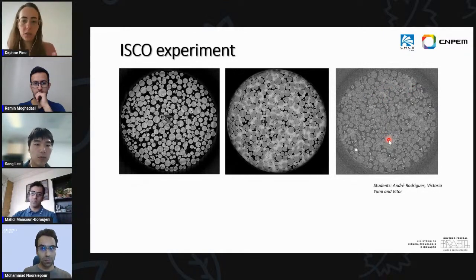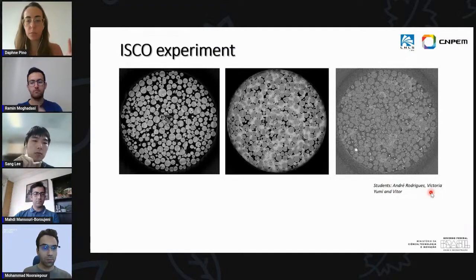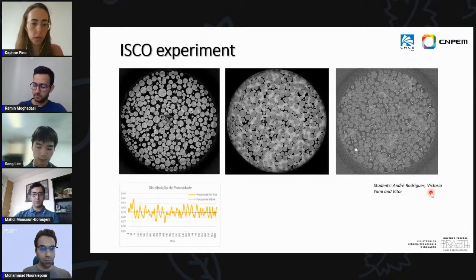This is still an ongoing experiment because we have students working on this, and we're still working on what's happening here. But one of the interesting things is that we saw very important variations of pressure in our system. So we're investigating these reactions, what is causing this variation of pressures, because this could be very significant depending on what you're doing during field work. And we can do the same kind of analysis of distribution of porosity and permeability here.